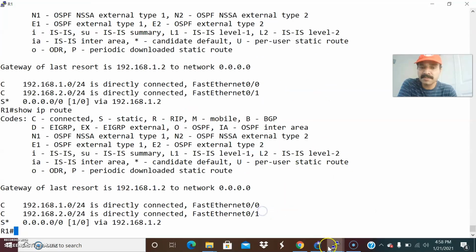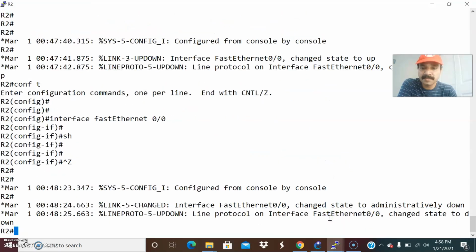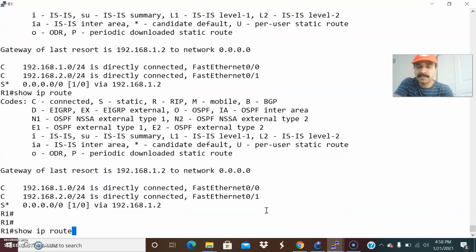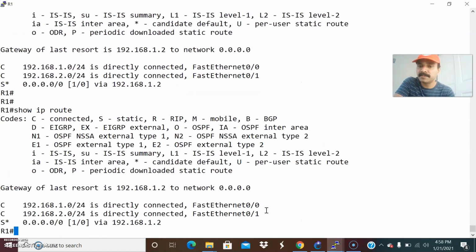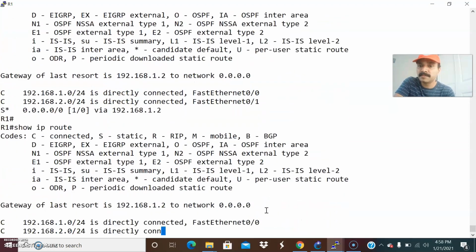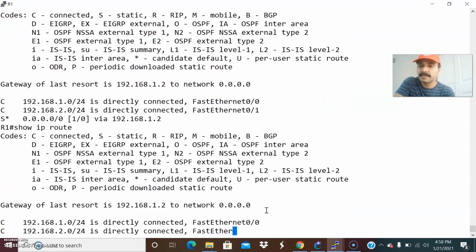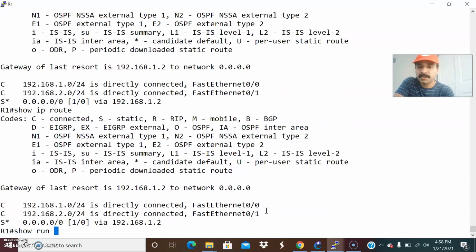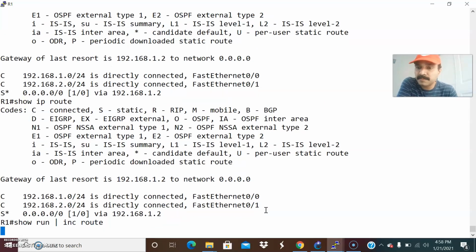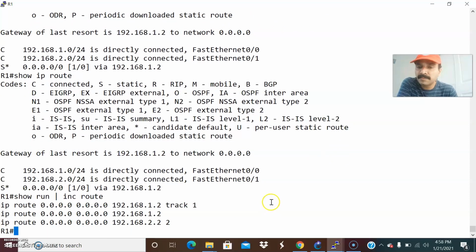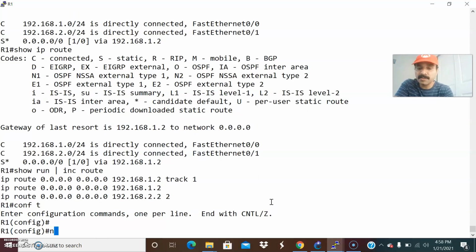So let us see. Show IP route. Show run include route, right? Okay, so I think there are two routes, that's the reason we have to remove this route.